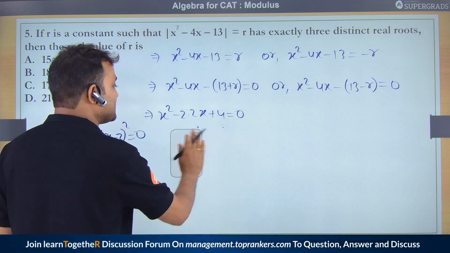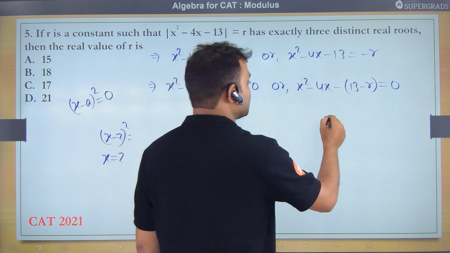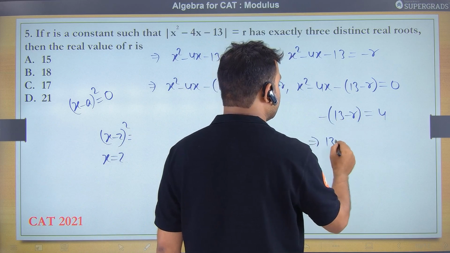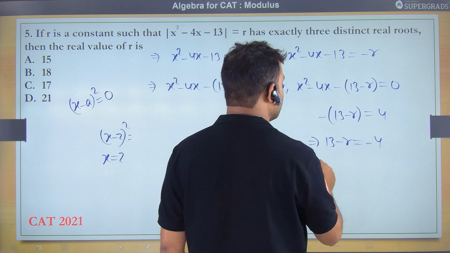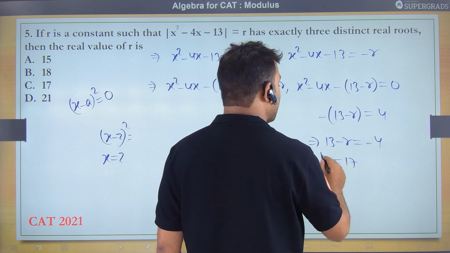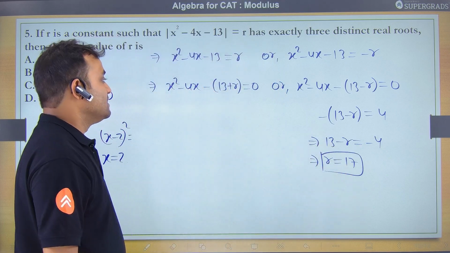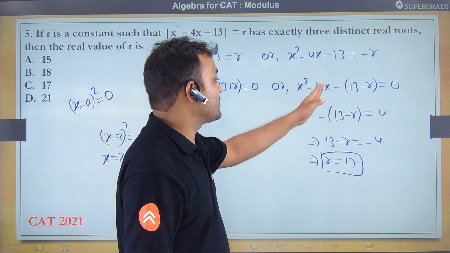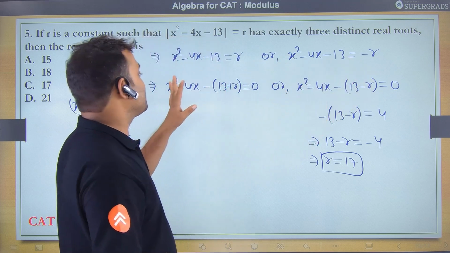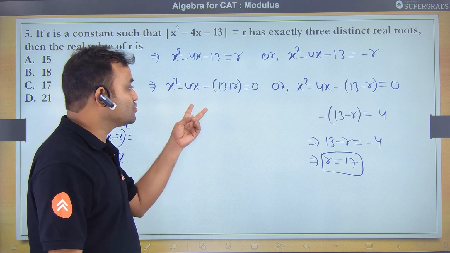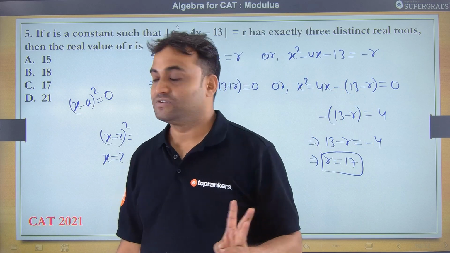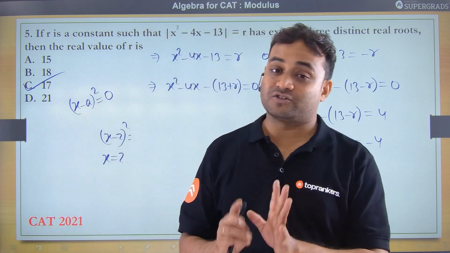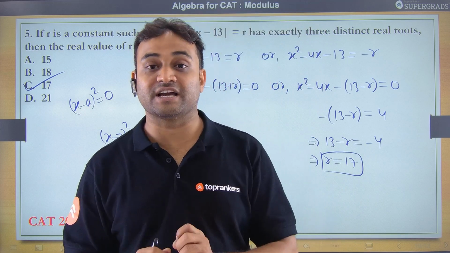तो हम क्या कर सकते हैं, इसकी जगह पे इसी कोशिश कर सकते हैं बनाने की कि -13 - r = 4। तो यहां से -13 + r = -4 और r = 17। अगर हम r = 17 रखते हैं तो दिस एक्सप्रेशन विल बी परफेक्ट स्क्वायर, x² - 4x + 4 = 0। और ये एक एक्सप्रेशन आएगा जिसके रियल रूट्स आएंगे। तो दो रूट्स यहां से और एक रूट यहां से, टोटल 3 रूट्स, एंड ऑल ऑफ देम आर डिस्टिंक्ट, हेंस ऑप्शन सी इज ट्रू। अब देखो, ये तो है इसका बेसिक मेथड सॉल्व करने का, लेकिन इस क्वेश्चन का एक माइंड ब्लोइंग